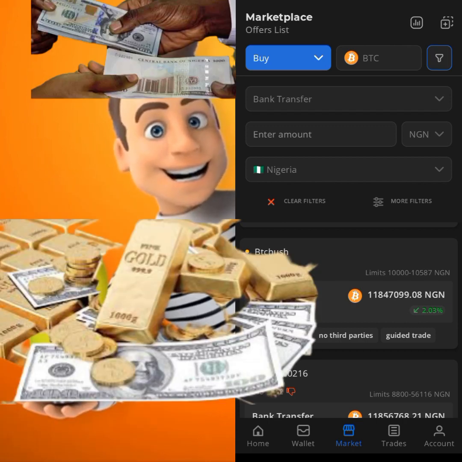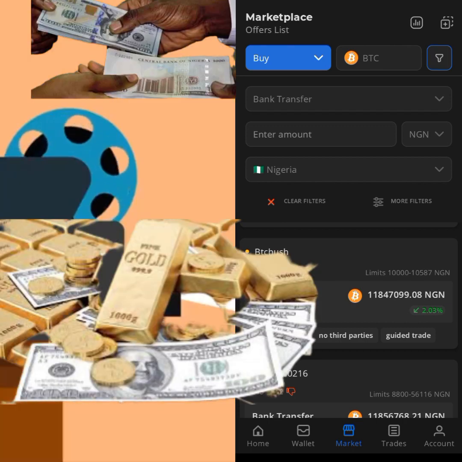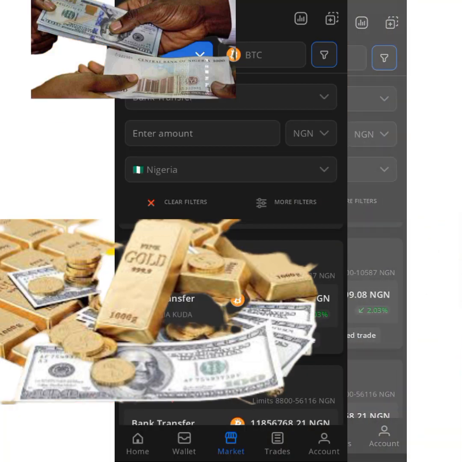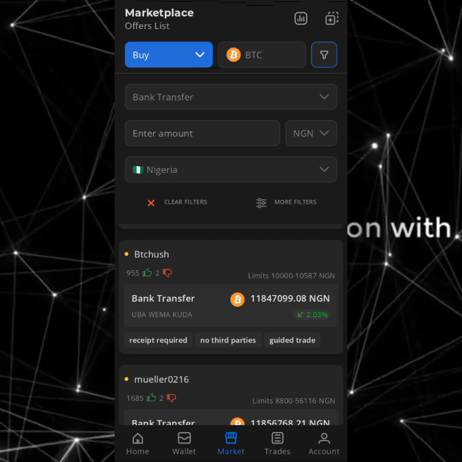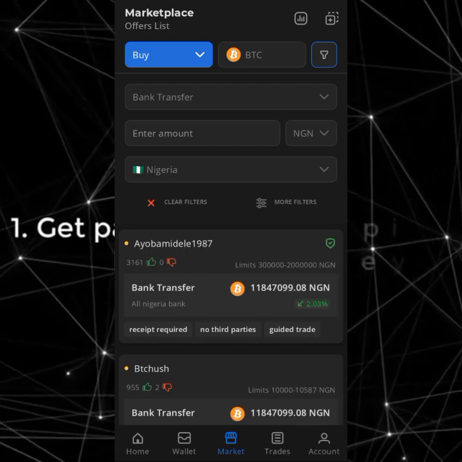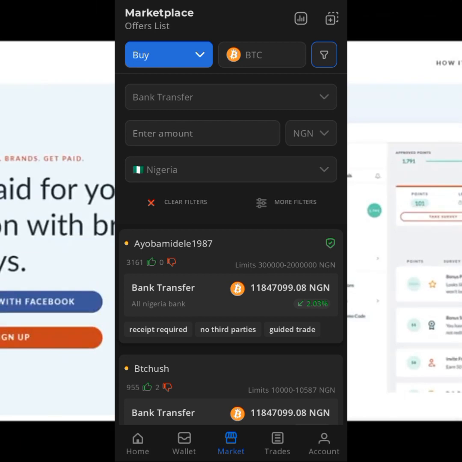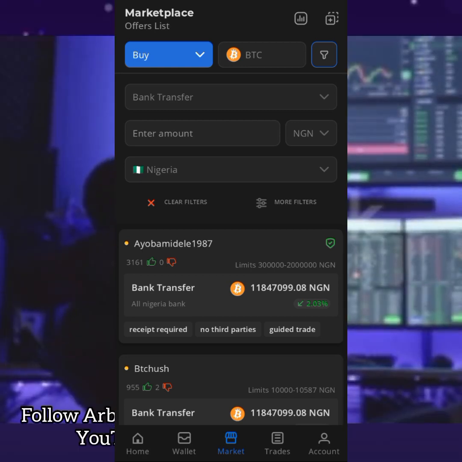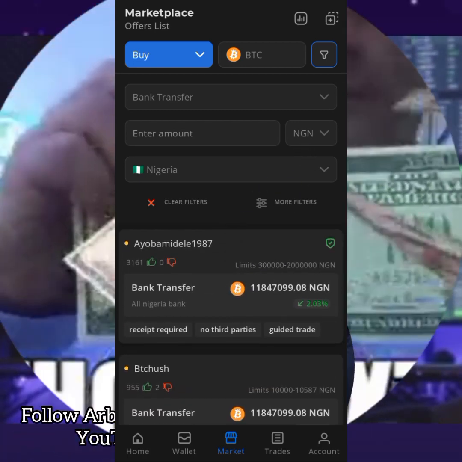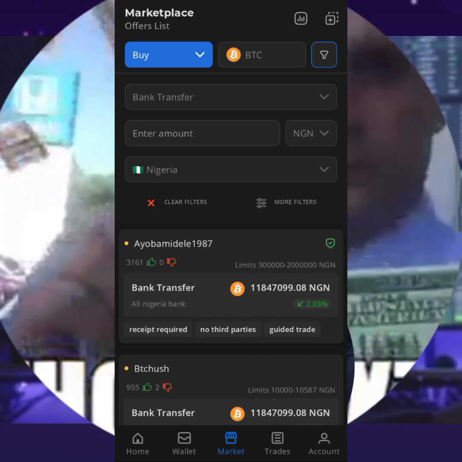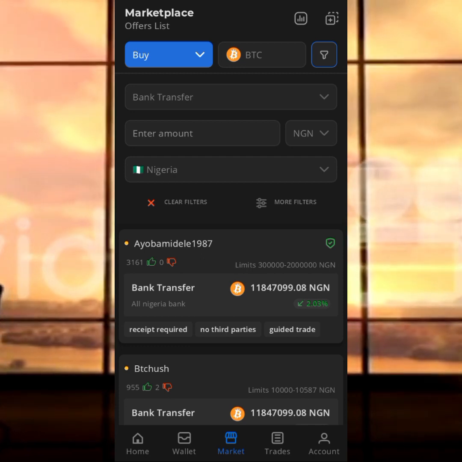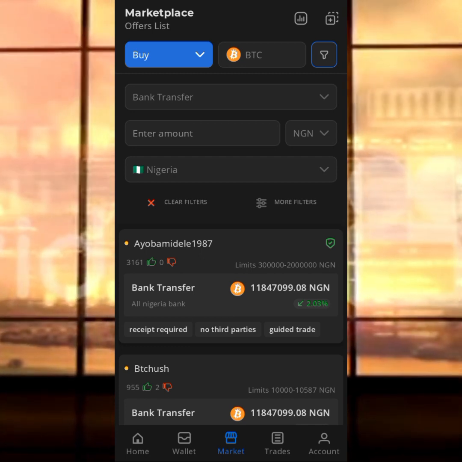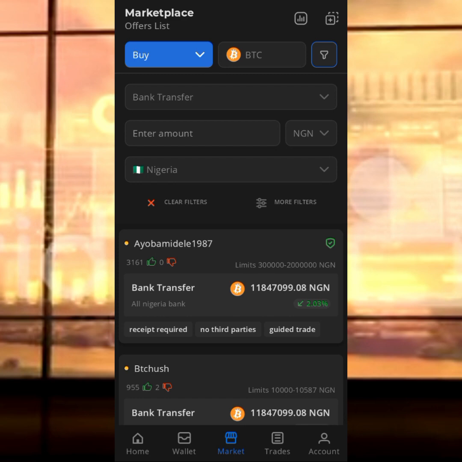If you can have like 200,000 naira, 300,000 naira, 400,000 naira, 150,000 naira, trading on Paxful, you're going to be making madly profit every day. So it mostly works here when you have a huge capital. If you want to trade dollars directly here, you need a huge capital to trade, because most of these people, if I change it now, like I want to trade buying USD and all that, you're going to see their rate, their offering will be so much higher, and the more you buy, the more opportunity you have to get a better offer.